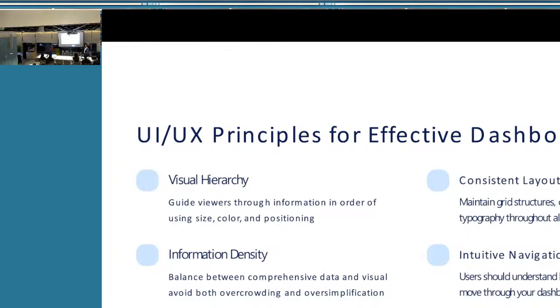Here, the principle is you should have a visual hierarchy and a consistent layout. Now, we are not talking about any data engineering part; we are talking about the UI UX part. If you are coming from a development background, you might not have that creative mind. There are people who are good at it, but at least you should engage with them, or understand this concept. For example, the visuals you add and the font size you use should be uniform across.